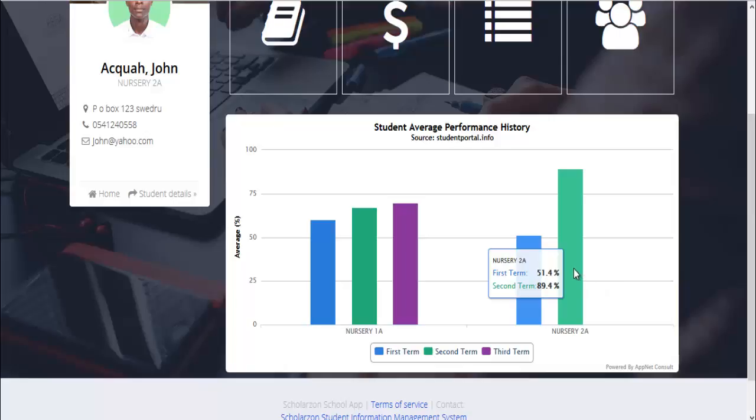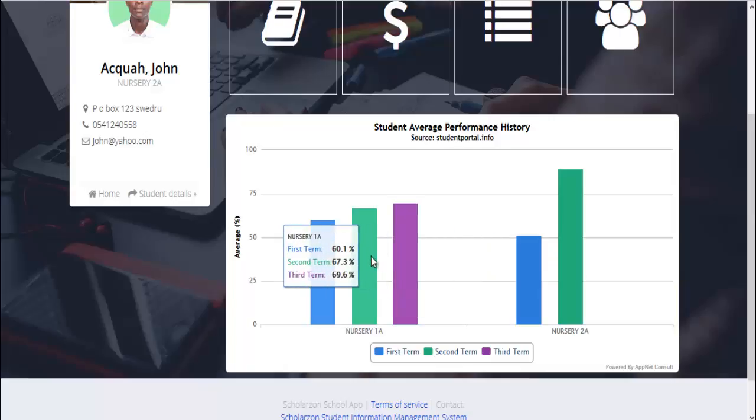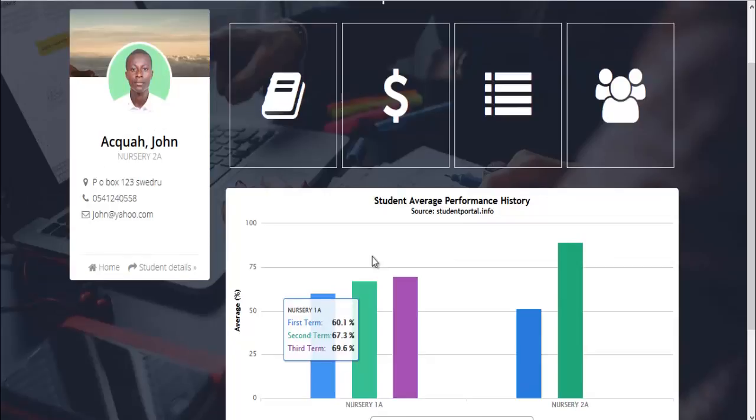Now these are his averages specifically for the first term, the second term, and the 3 terms in nursery 1. So as he moves on to the different classes or upwards in the system, all his other academic reports will be generated, so parents can log in and view all his records and even keep them